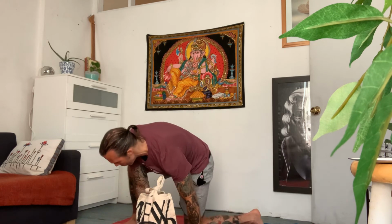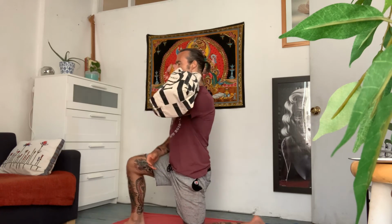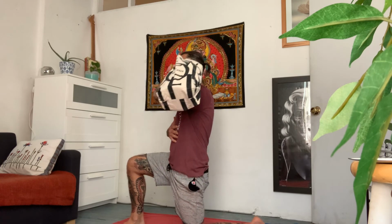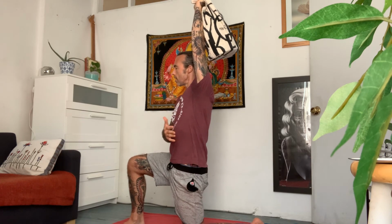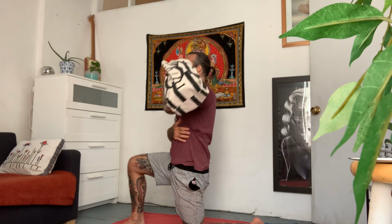If I scoot around to the side, just to show that line, my left knee is down, my left arm is going to be my pressing arm. I've got the bag at my shoulder. I press straight overhead, try to have the arm just kind of behind the ear, keeping the belly tight, and then control back down. 10 to 12 on one side, 10 to 12 on the other side,